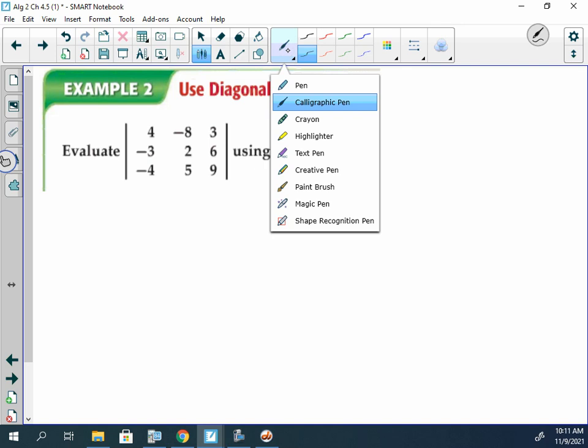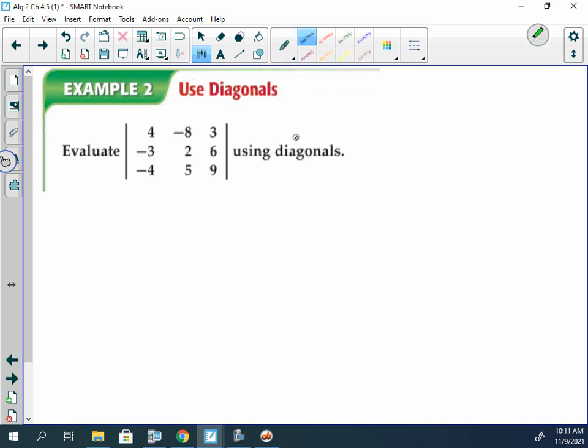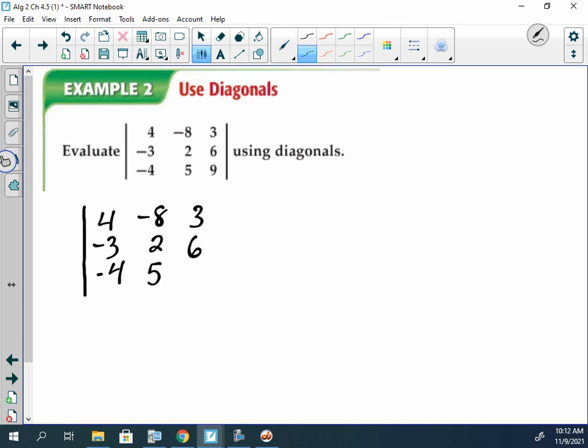Well, if I do that here, well, get a highlighter, because I would have this diagonal, yes? Then I would have this, because I need to come all the way back around, and then I have this set up here, yes? That can be a little bit difficult to keep track of the straight lines, yes? So what we suggest to do, with -3, 4, -8, 2, 5, 3, 6, 9,